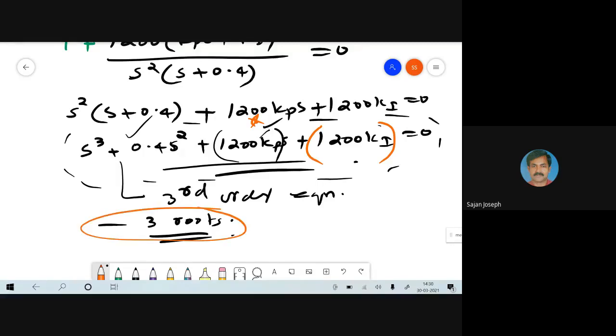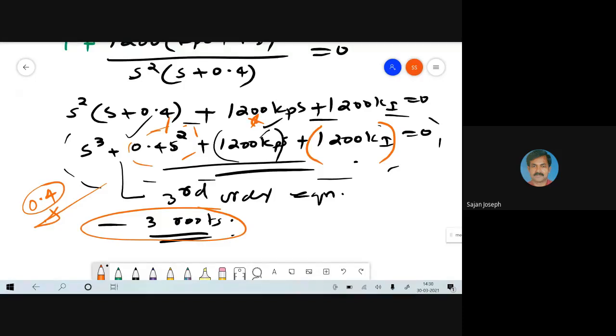In order that all the 3 roots of the equation are controllable or adjustable, it should be possible to control all the coefficients. But in this case, there is no way to control the coefficient of the square term. The coefficient of the square term will always be equal to 0.4, and we don't have any control over it. So with only a PI controller, you cannot ensure that the design requirement can be satisfied, because controllability requires that all the roots of the characteristic equation are controllable or adjustable. That is not possible in this case.